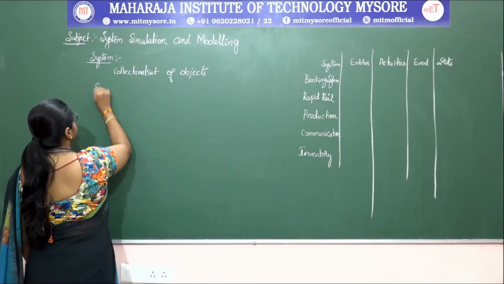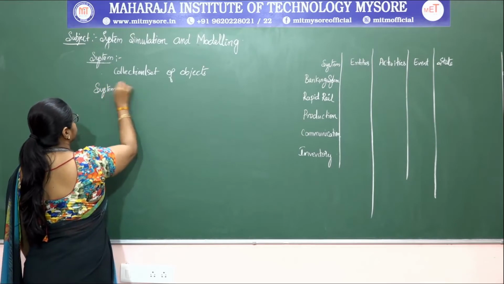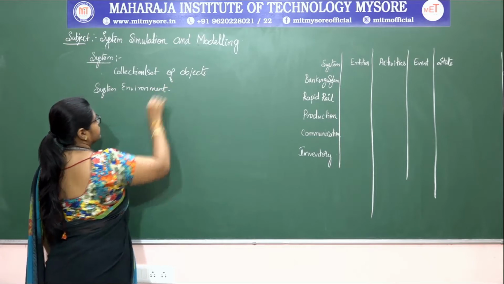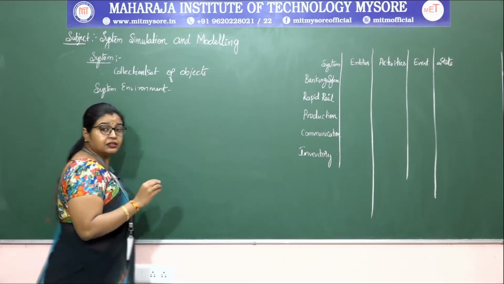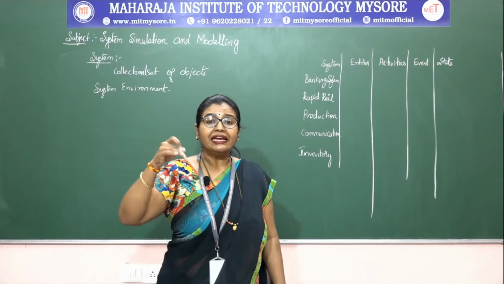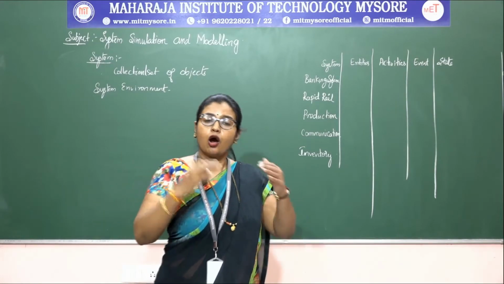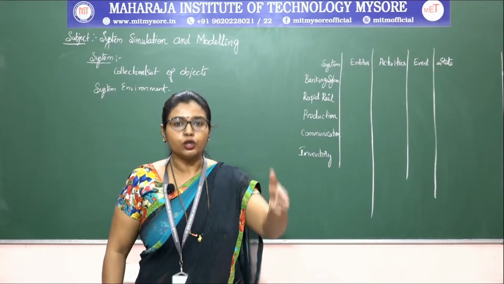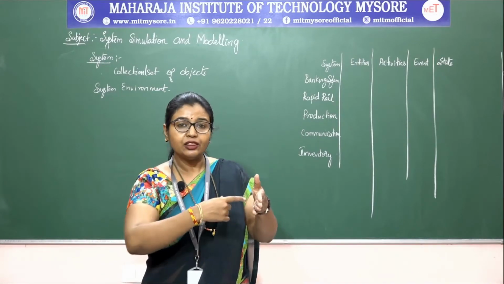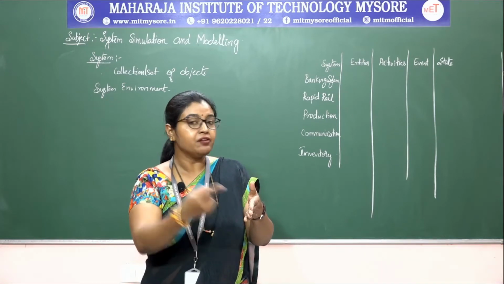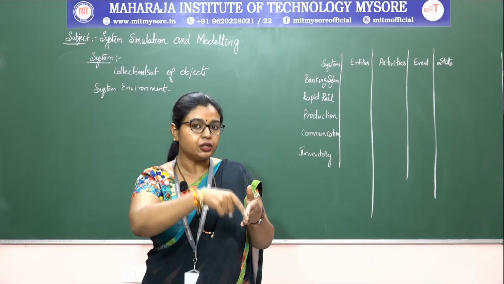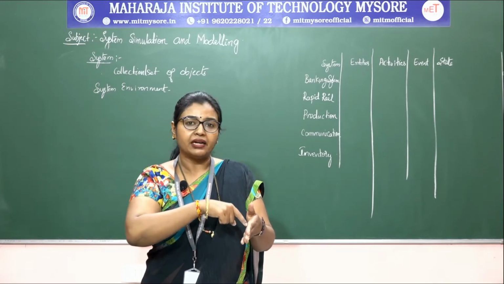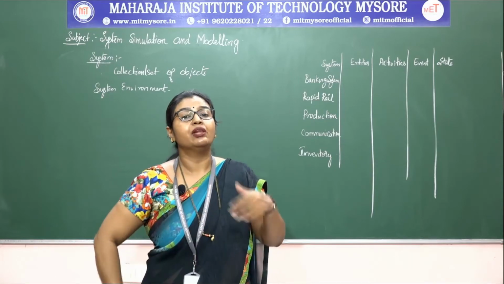System environment. For example, the number of customers coming into the bank, or going from the bank. If you have a queue in the bank, the length of the queue is going to vary. If a new customer is arriving into the system and there is a queue, then the number of customers waiting in the queue line will increase.